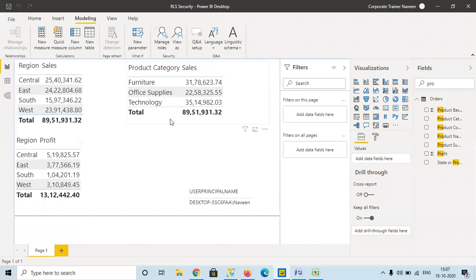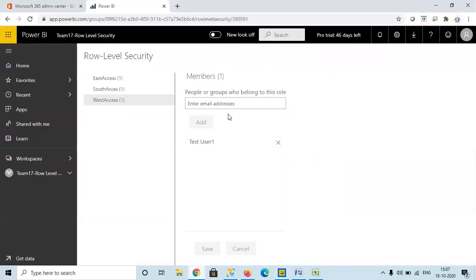And let's say somebody has left the organization, or somebody has moved within the organization to some other team, right? For each and every role we need to go and remove him, right? It will be very, very difficult to do this kind of thing when you have more users. And also one more thing.